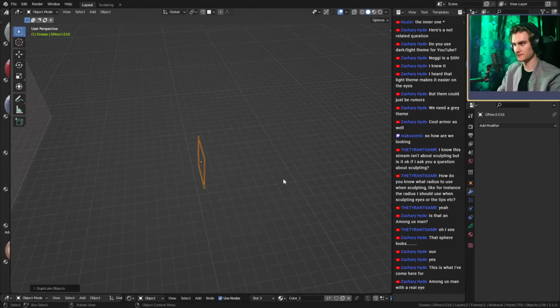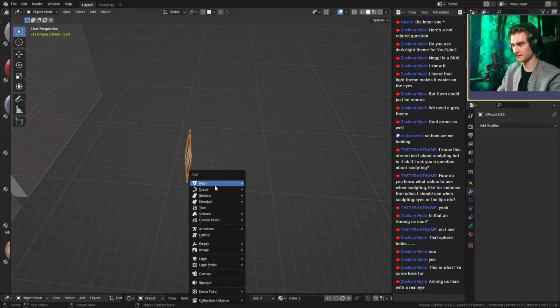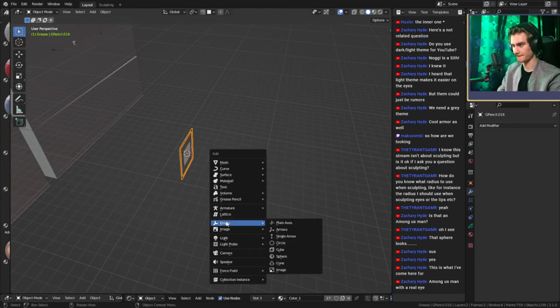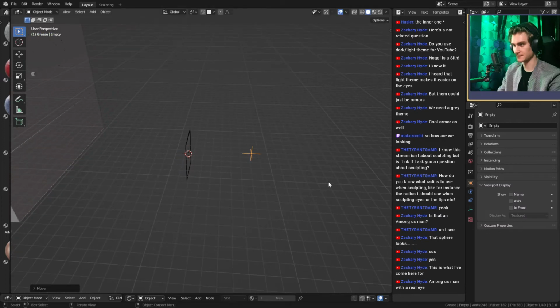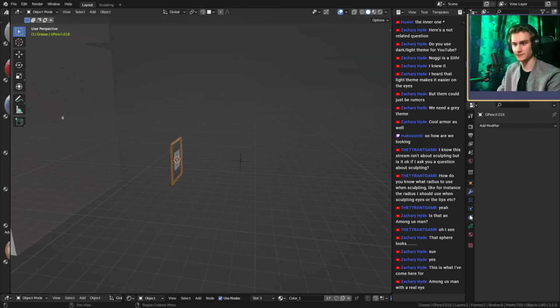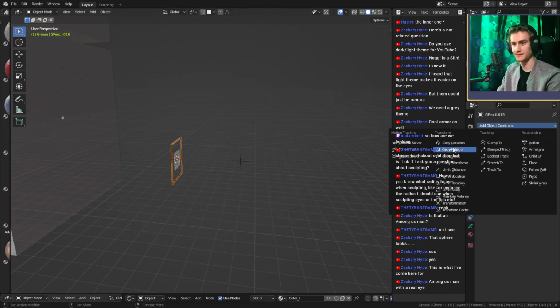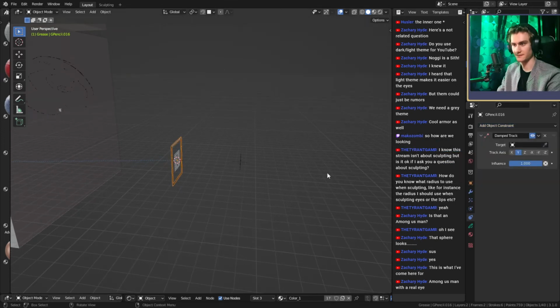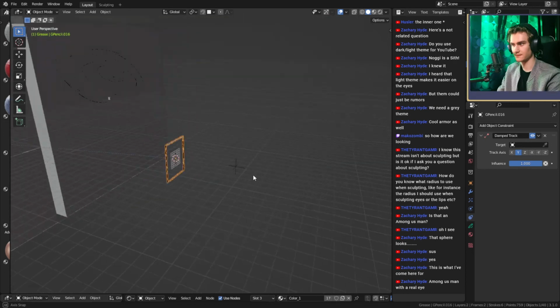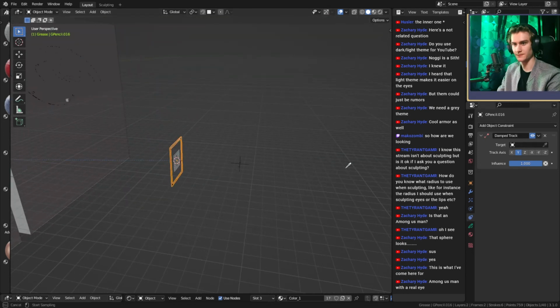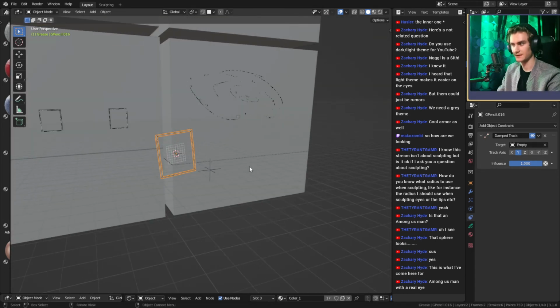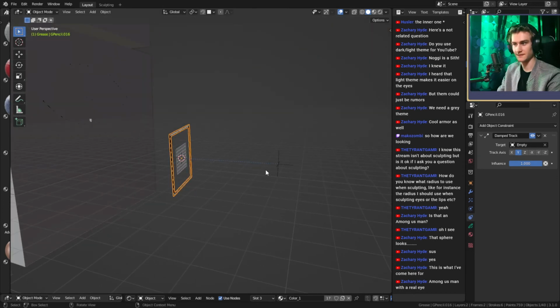So if we, for example, now just quickly add an empty plane axis, there you go. And then we create a constraint. This constraint could be damped track. And it will track to this thing here. Now what it does is